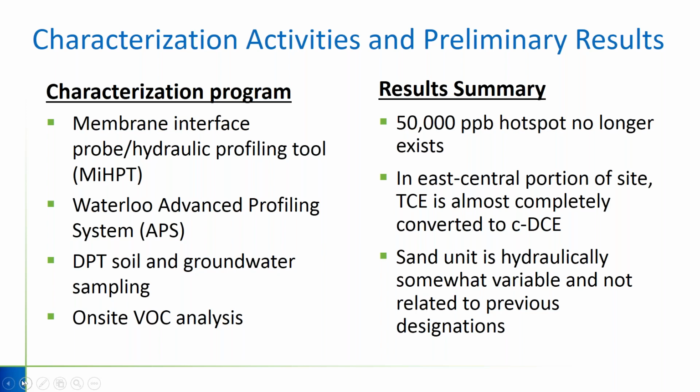So some of the key findings from this investigation program are that hotspot, the red line that I showed before, does not exist anymore. Since the time of the RI/FS to now, that hotspot has attenuated. Now there's still higher concentrations out there, something like 15 to 20 or 25,000, but that's less than half of what had been defined before. So that was obviously a key finding